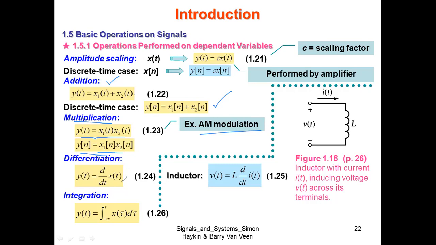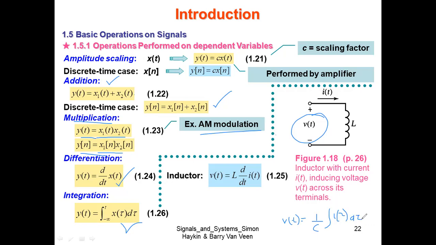Then again, signals can be differentiated. Signals can be integrated also. Now see here, do we remember the expressions for inductors and capacitors, by the way? Do we remember how the voltage across a capacitor was given? Voltage across a capacitor was usually given as 1 by C integral of i of tau d tau. Remember this expression. For inductors, this was the expression that was used.